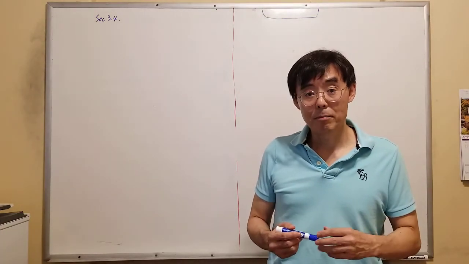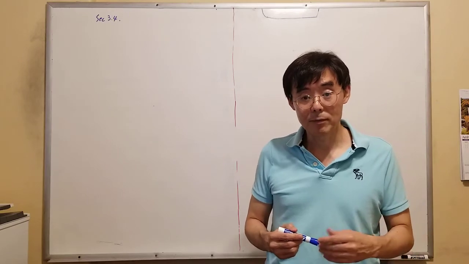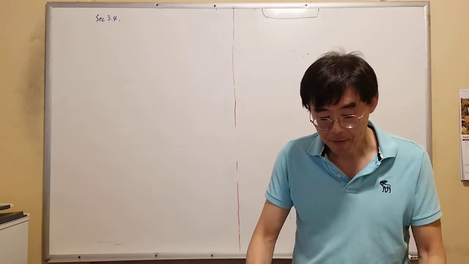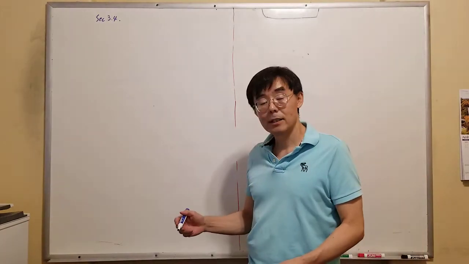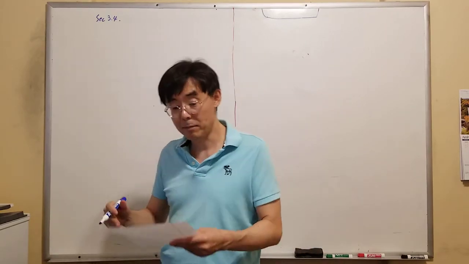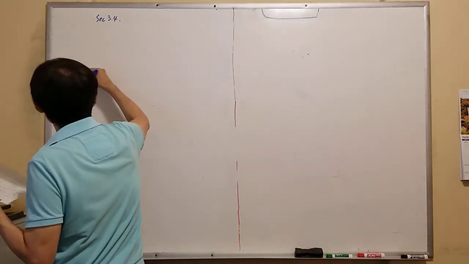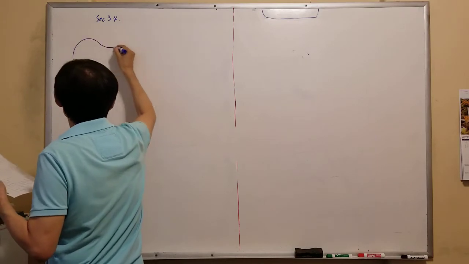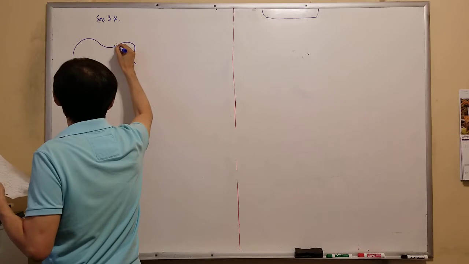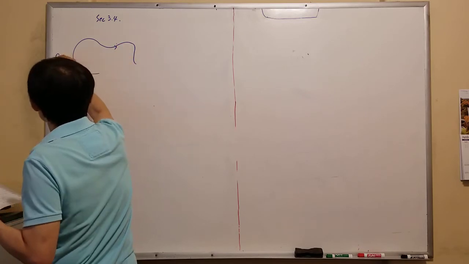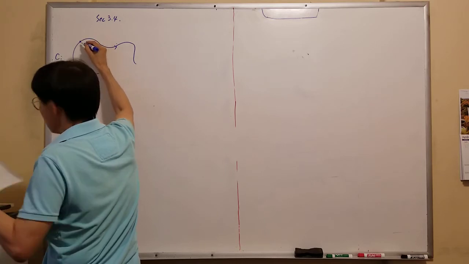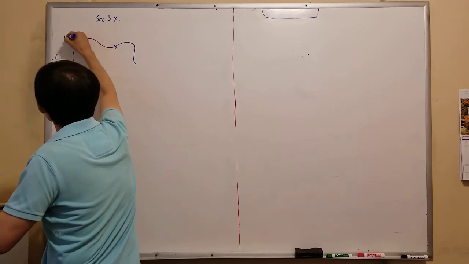You already learned parametric curves from section 1.7. So here, we want to study a way to find the tangent line to a curve which is represented by a parametric equation. So let's say you have something like this, some parametric curve C. Now let's say this is a point corresponding to